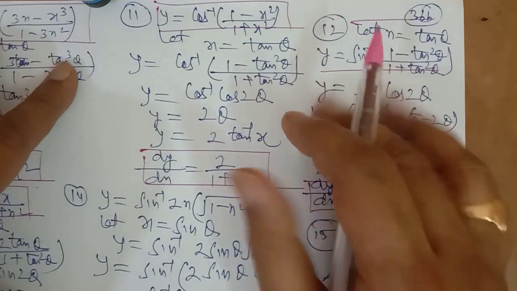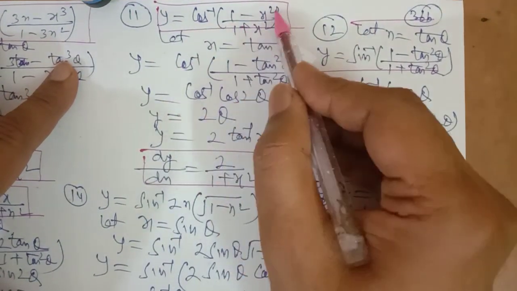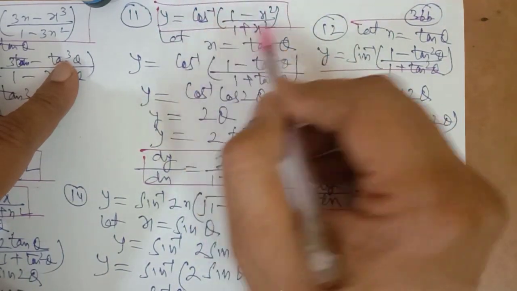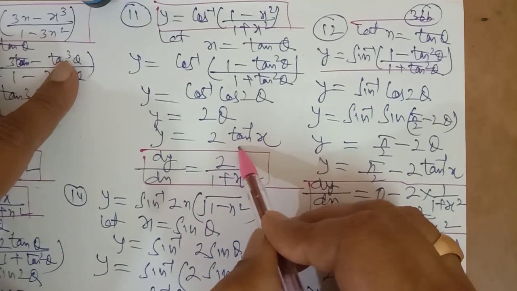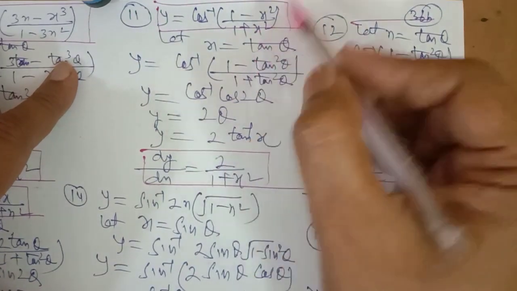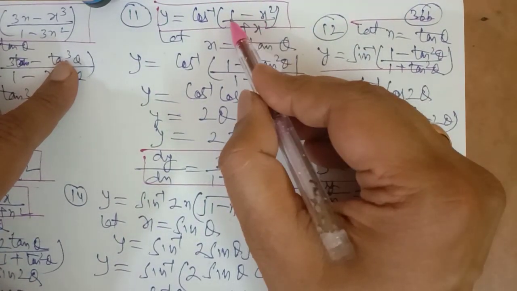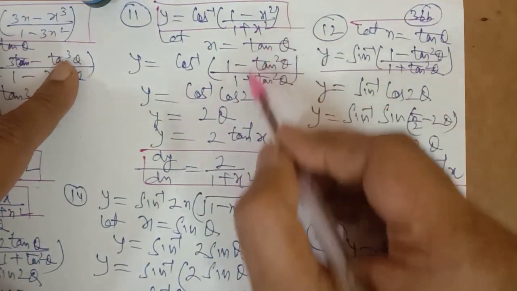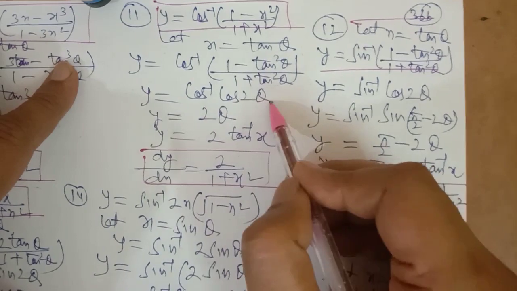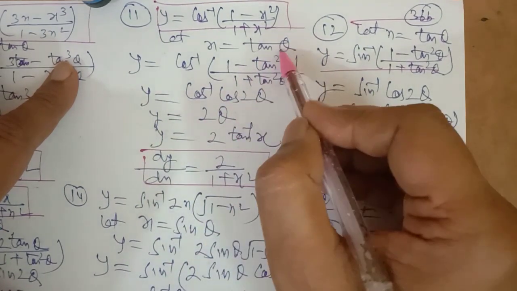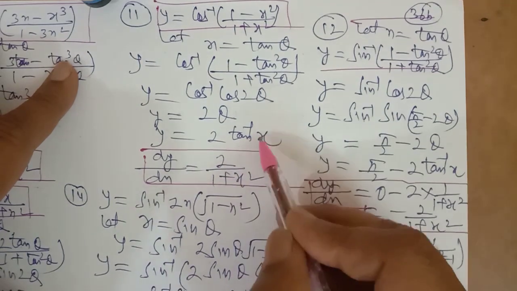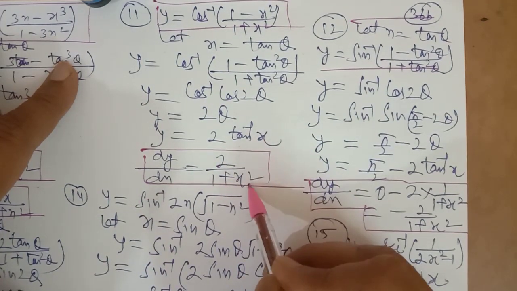See it, question number 11, cos inverse of (1 minus x square) upon (1 plus x square). You know this formula in inverse trigonometric functions is equal to 2 tan inverse x. And you can prove it like this also. You put x is equal to tan theta, it is equal to (1 minus tan square theta) upon (1 plus tan square theta). And this is the formula for cos 2 theta. Cos inverse cos 2 theta is equal to 2 theta. And theta is again from here, tan inverse x. Now differentiate it. The derivative of tan inverse x is 1 upon 1 plus x square.